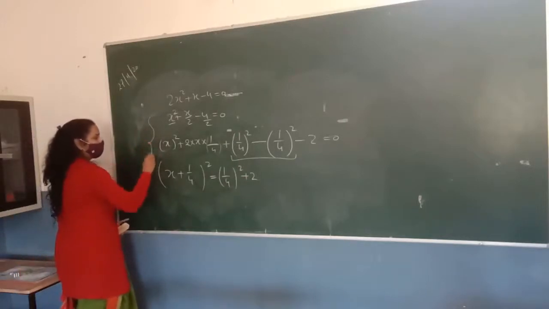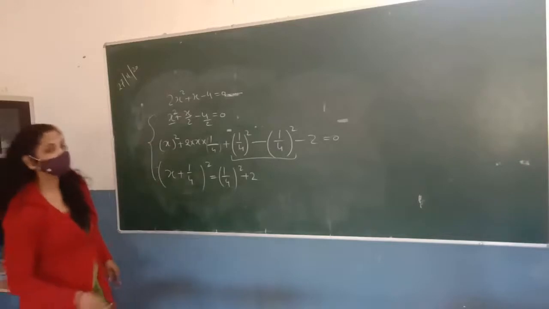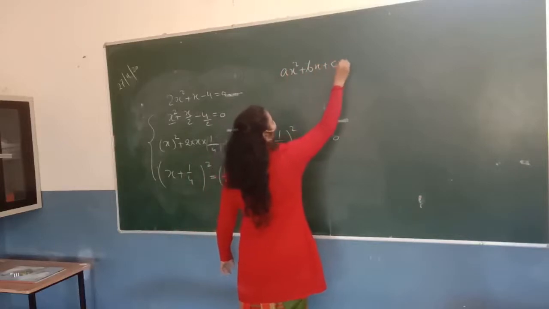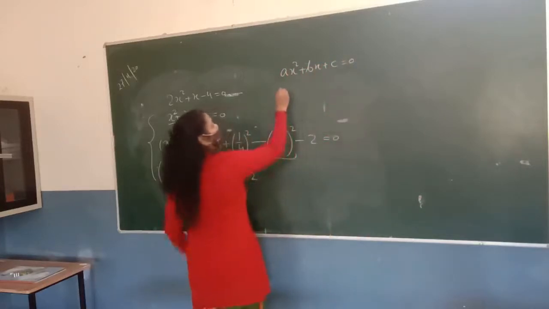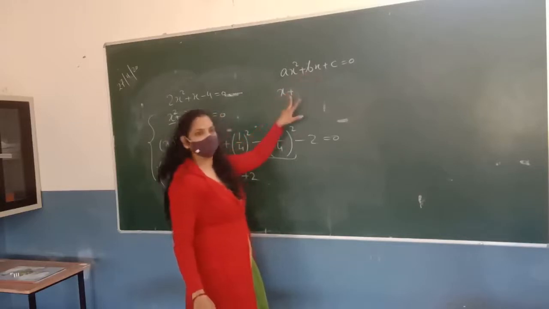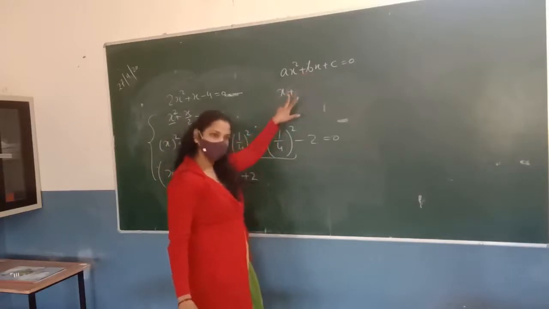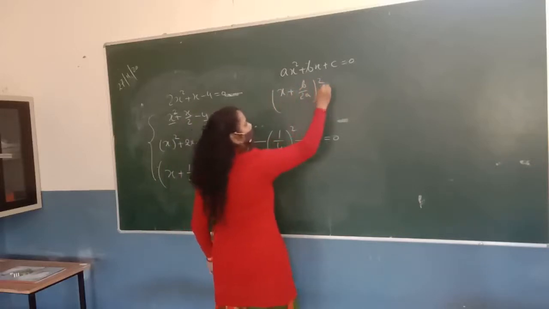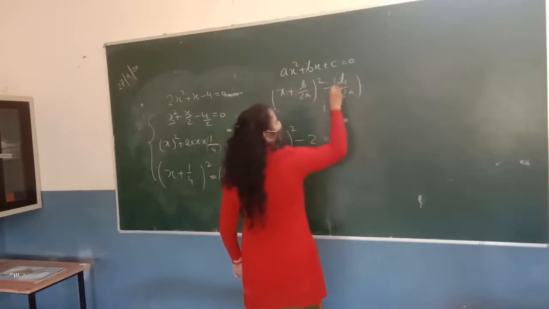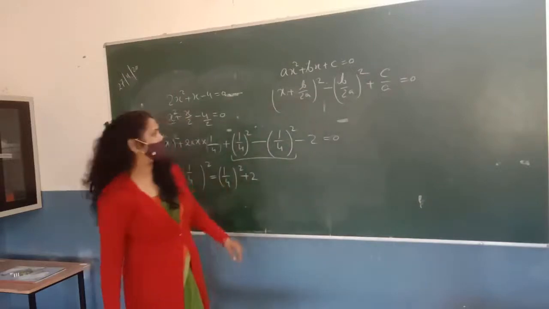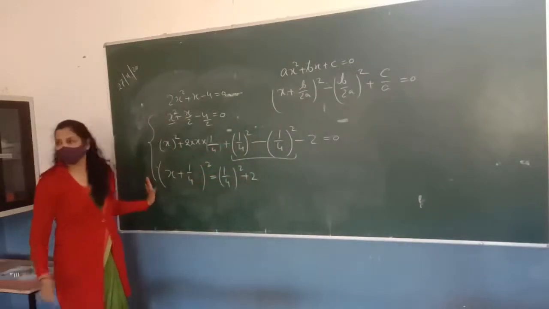स्टेप्स में आपको कोई प्रॉब्लम होती है तो you can write it directly by using formula. Quadratic equation is ax square plus bx plus c is equal to 0. Okay, so for completing the square method we can use this formula x plus, this sign actually depends on this one. अगर ये नेगेटिव है तो आप यहाँ माइनस लिखोगे, ये पॉजिटिव है तो आप यहाँ प्लस लिखोगे. x plus b upon 2a whole square minus b upon 2a whole square plus c upon a is equal to 0. This is the direct formula for those students who are not able to understand this complete process.